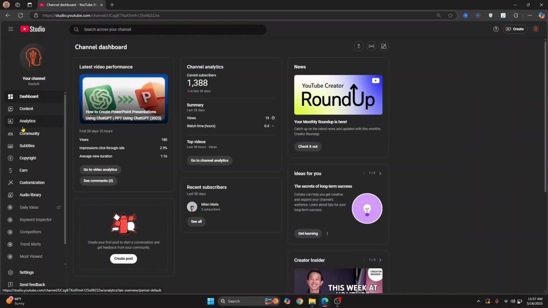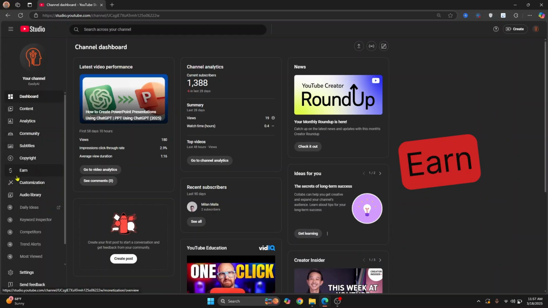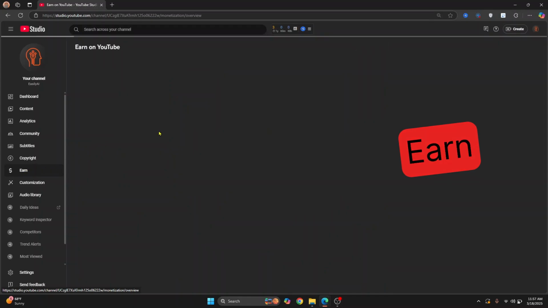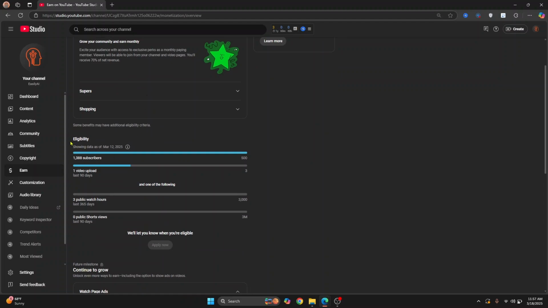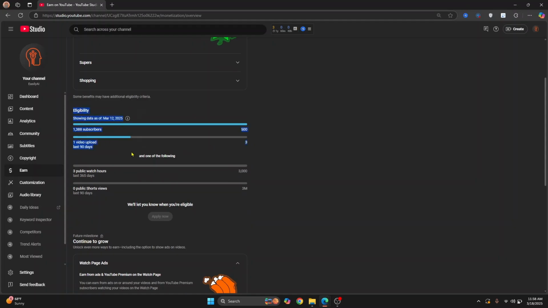Here on the left navigation panel, you will see Earn button. Click on this Earn, and here you can see your monetization status. So here, as you can see, the eligibility criteria is not yet met. As you can see, I have to upload 3 videos and at least have 500 subscribers to meet this criteria,